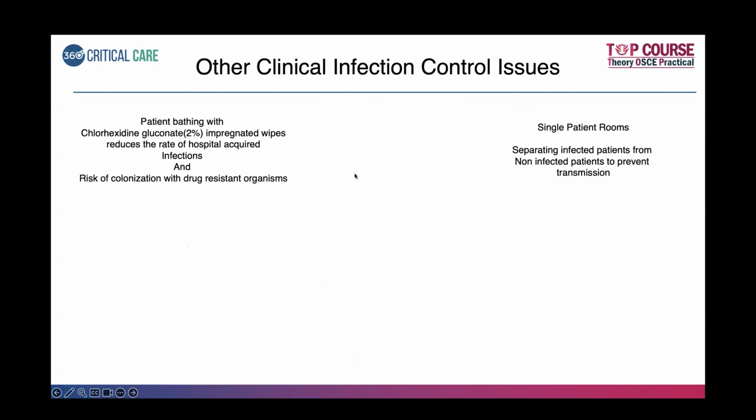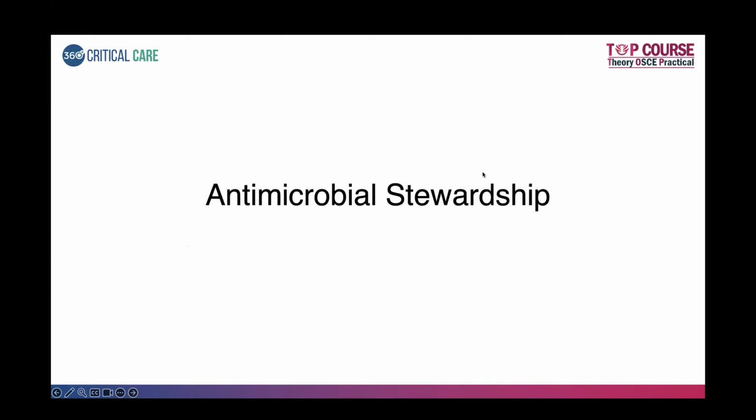Then other clinical infection control issues: bathing patients with chlorhexidine 2% impregnated wipes reduces the rate of hospital-acquired infections and the risk of colonization by drug-resistant organisms. And single patient rooms are ideally preferred because they help in separating infected patients from non-infected patients to prevent transmission. So then coming to the last part of infection control, which is one among the most important, is antimicrobial